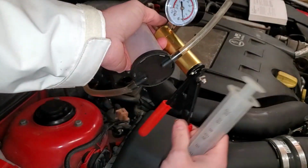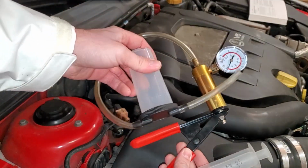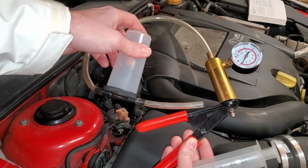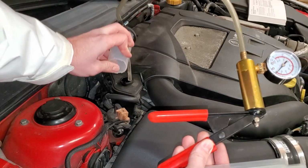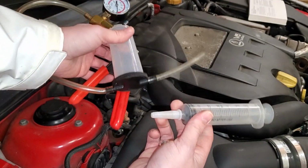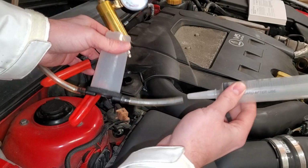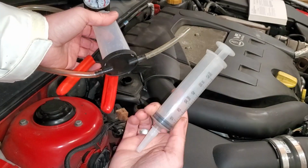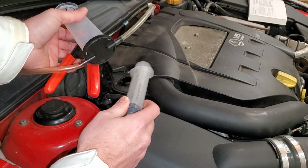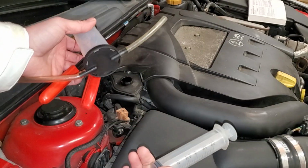But what I'm actually going to be using is one of these brake fluid pump kits. It's kind of a self-bleeder system whenever you're working on brake calipers yourself, but this way I can actually get down further than I can with this turkey baster style. Now, I could use some rubber hose on the end of it to really extend the reach, but all I'm going to be doing is extracting the fluid from the reservoir, pouring it into, say, a drain pan,